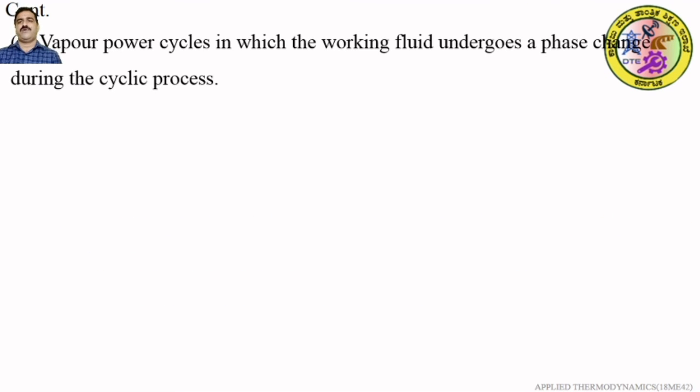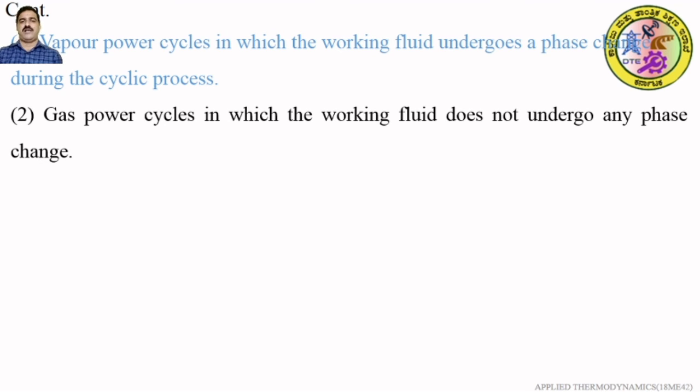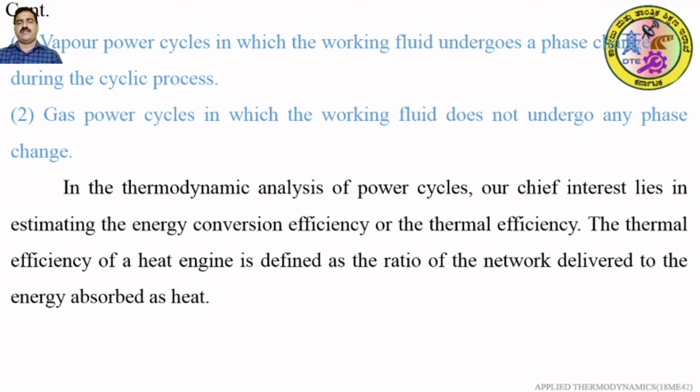In a vapor power cycle, the working fluid undergoes change of state by changing its phase. But when it comes to a gas power cycle, the working substance used in the cycle never changes its phase, but retains the same phase throughout the cycle. The example for a gas power cycle is the air standard cycle. Any thermodynamic power cycle you consider, the main interest in the cycle analysis is